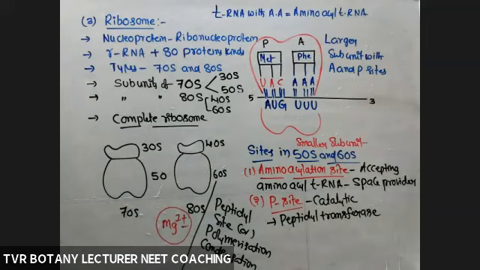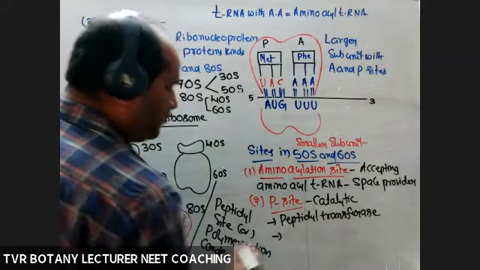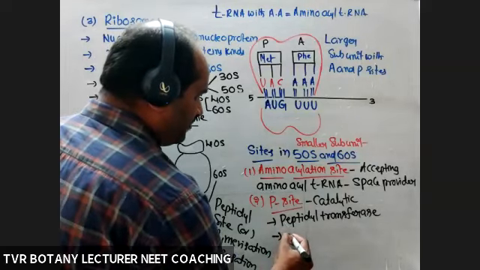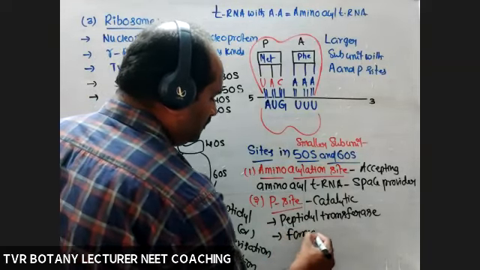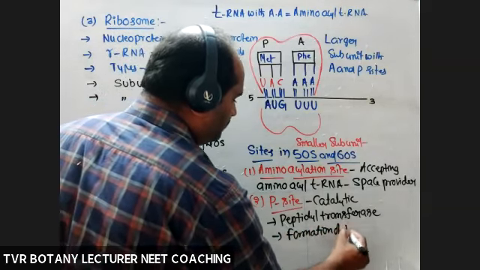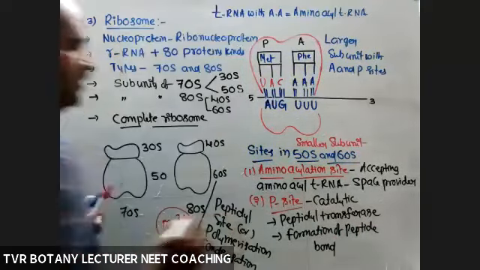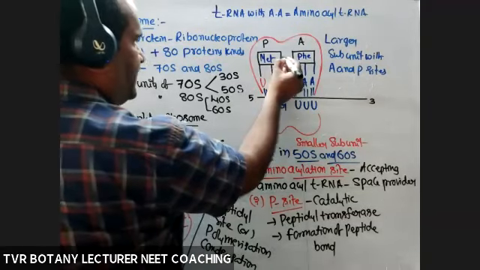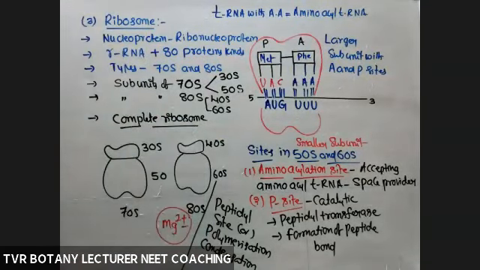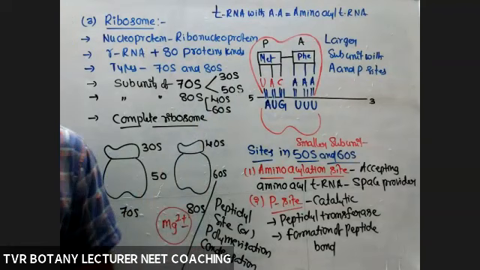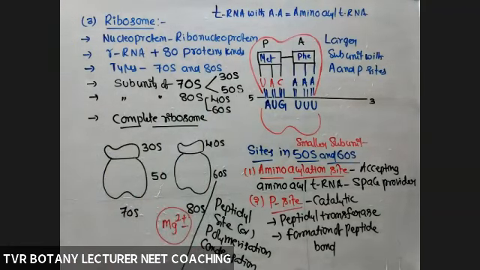That is with the peptidyl transferase enzyme. This enzyme is concerned with the formation of peptide bond between amino acids. Energetically, energy is required. Okay, so what is the role of a ribosome? Translation, simply translation of genetic information present on mRNA into protein, synthesis of a protein by incorporating amino acids one by one.